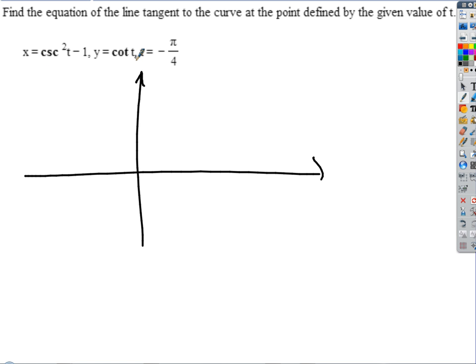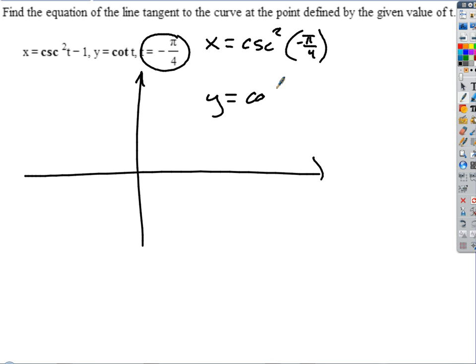It's just separated them, right? Just like our projectile motion problem. So at t equals negative pi/4, x equals cosecant squared of negative pi/4, which is just some number. We'll come up with it. And y equals cotangent